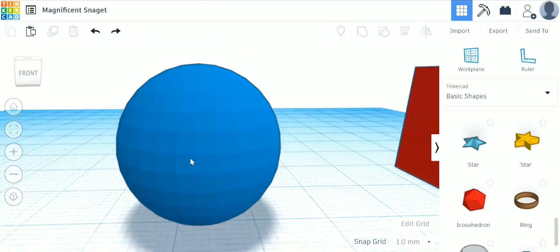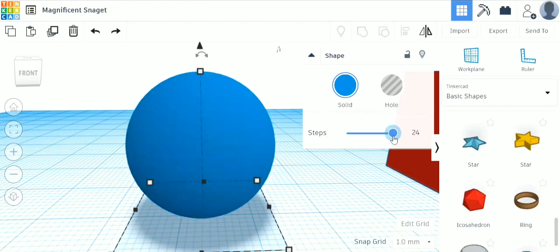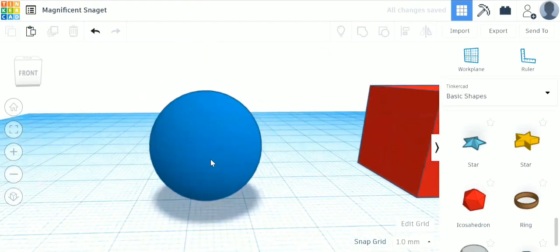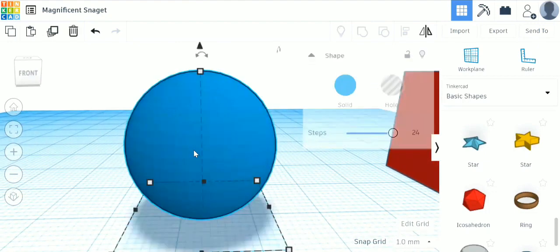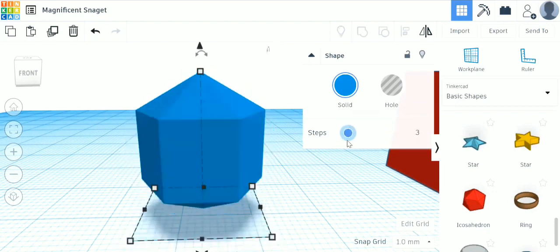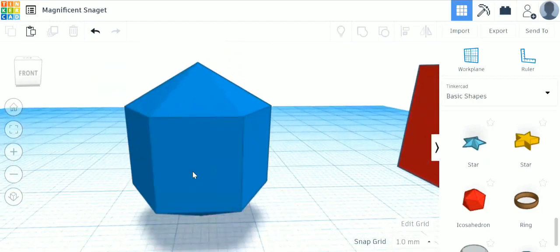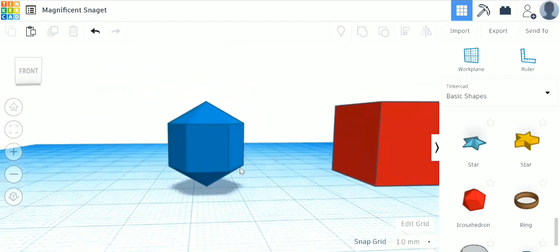If the number of polygons increase, they will increase the resolution of this object. So there is a way that we can increase the number of polygons by just clicking on it and increasing the number of steps. So if I increase the steps, you see the number of polygons also increased, and it will give a more satisfying smooth finish. And if we decrease the steps to the minimum value, now this is hardly recognized as a sphere, but looks more like a gem, right?